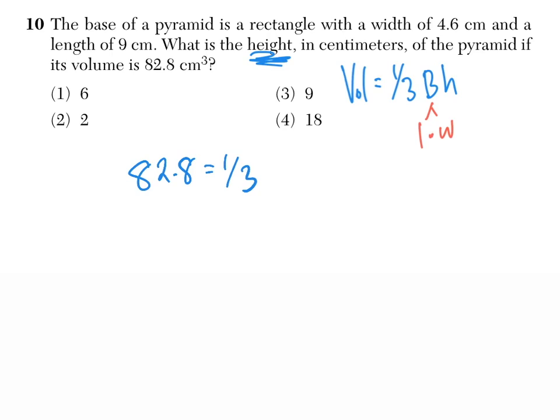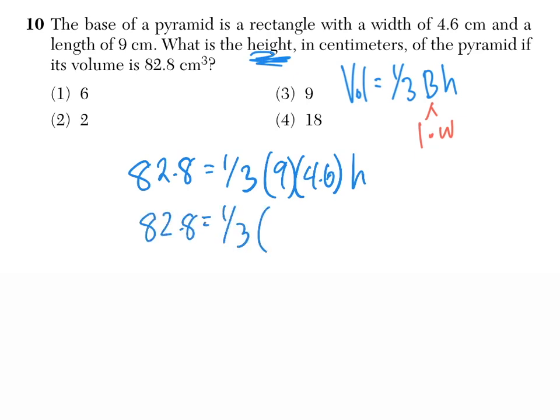1/3, and then the length is what? 9. The width is 4.6 times the height. So when we take out our handy dandy calculator, we know that 9 times 4.6 is going to give us 41.4. And then when we multiply 41.4 times 1/3, that's going to give us simply